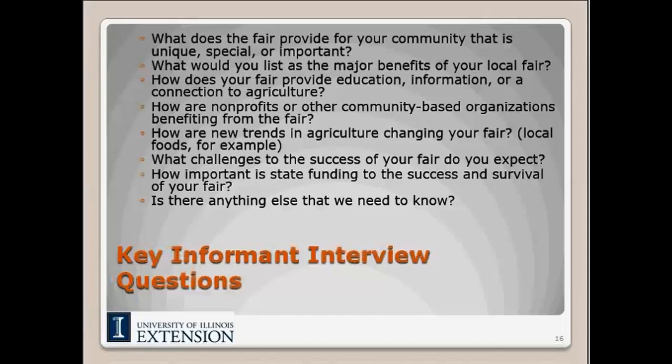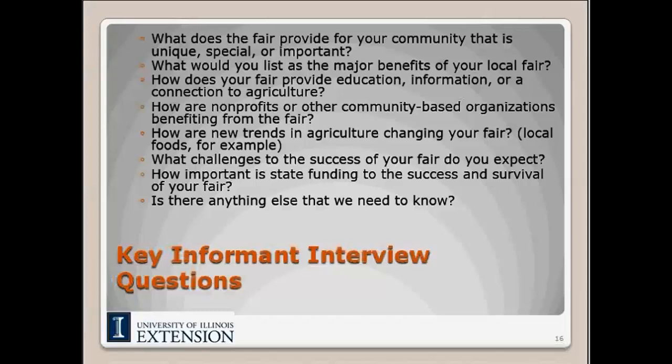So, again, just a few words on the final report that Carrie mentioned that I'll be putting together and we'll all be putting together. There will be two primary sections. One will be just strictly the financial side, strictly the economic side, the math, the big numbers and things that people kind of glaze over when they read. And then there'll be this key informant and what we call qualitative section. That will be the local community benefits, the social benefits, and the trends in agriculture affairs that we see in the state of Illinois.